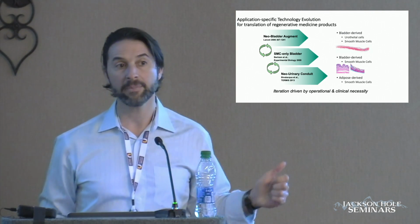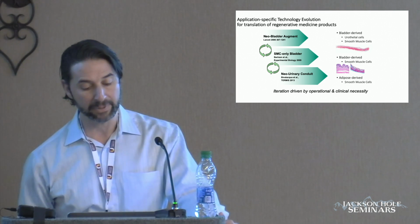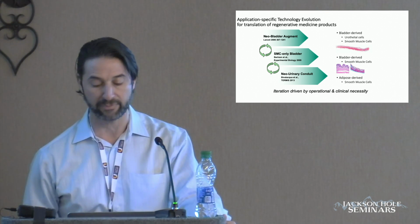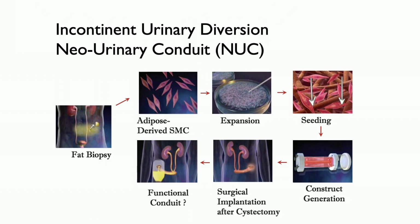We introduced this concept back in 2013 that we might be able to use a fully seeded scaffold with smooth muscle cells isolated from fat. This is the schematic that we came up with at that time, and I'll go over this more in detail. But there was a company named Jian, which is the same company that did the Augments out of North Carolina, and they were looking for a different